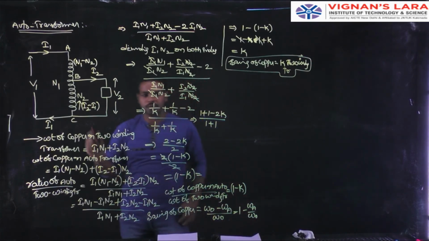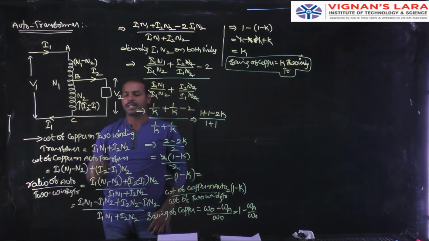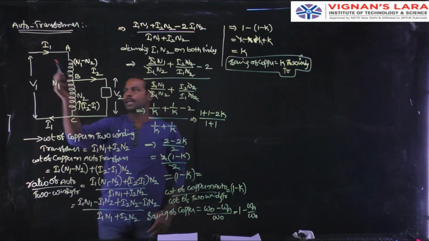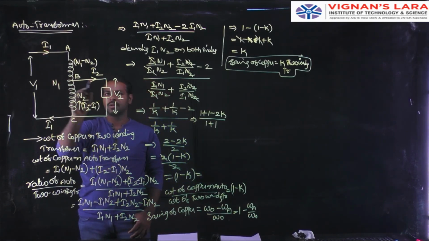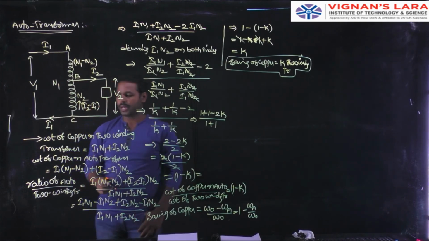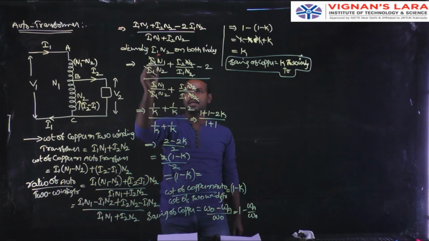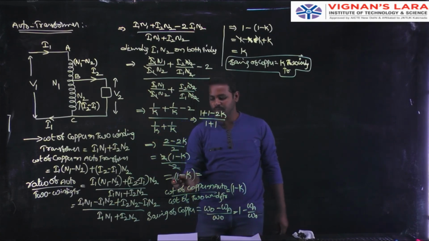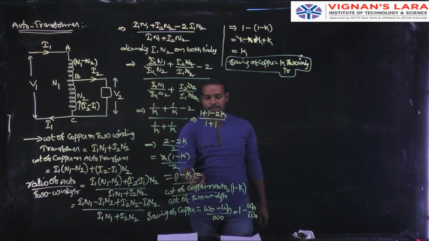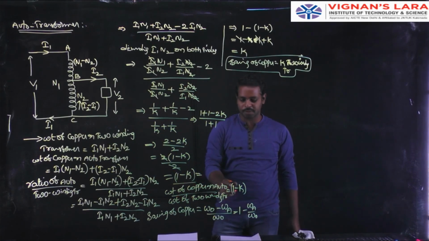So first of all, we consider a two winding transformer or auto transformer. The current flowing through the primary winding is equal to I1, load current is equal to I2. So the number of turns in this winding through the conduction process is N1 minus N2, and the current is I2 minus I1. So weight of copper in two winding is equal to I1 N1 plus I2 into N2. Weight of copper in auto transformer is equal to the summation of these two. So the ratio of auto transformer by two winding transformer is equal to the denominator of these two. Finally, separating these two, we get 1 minus K. So weight of copper in auto transformer divided by two winding transformer is equal to 1 minus K.